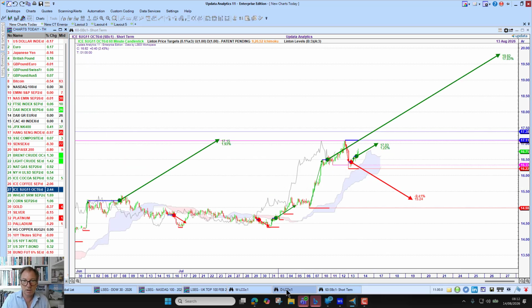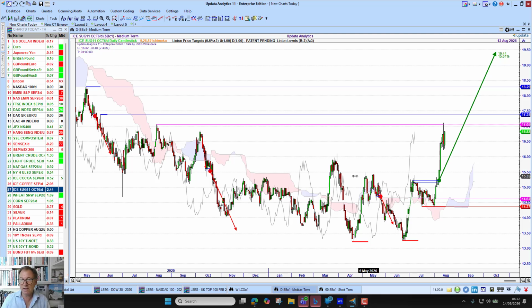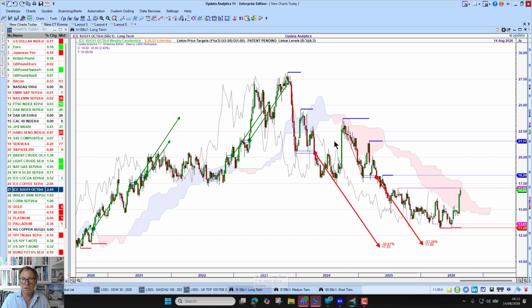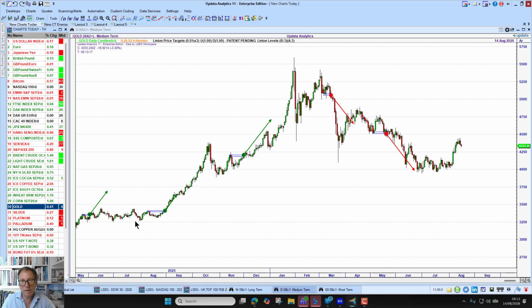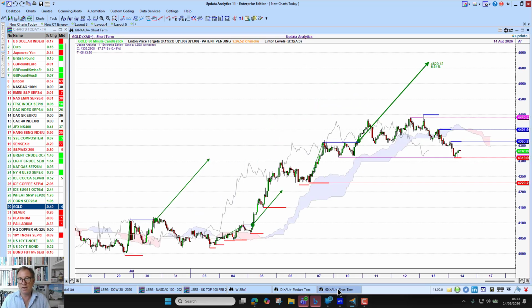So this is the short-term chart. We look at the medium term. This is looking, if not a double bottom, potentially a triple bottom or a head and shoulders. It's academic in a way because the thrust and then the target has been activated. So we're seeing sugar in a potentially new trend. Looking at the long-term chart, we will need to see maybe a clearer pullback to a higher low and then a higher high. But this is quite an interesting chart. And I worked with a sugar trading company in Australia last year, and I do keep an eye on that for them.